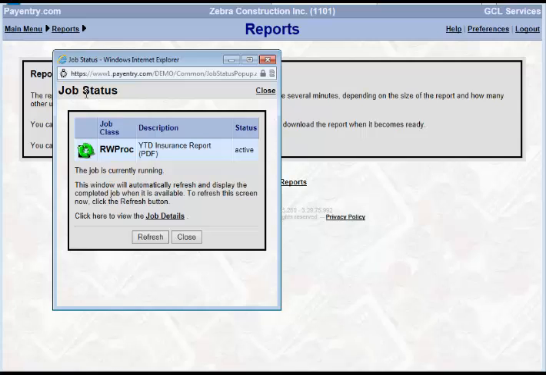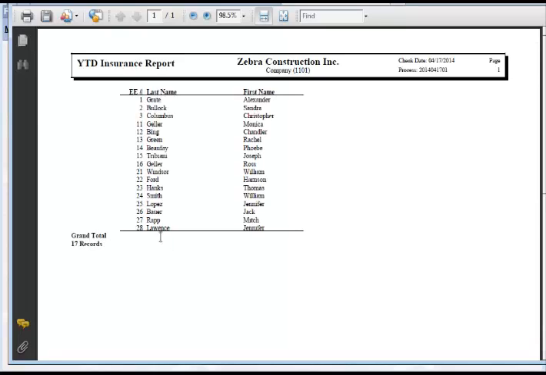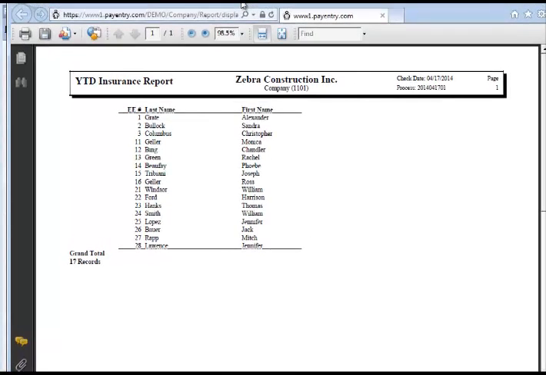Once you run it, it will give you this job status. Just click Refresh. It will open up your report. In the actual report, you will see here's your name, your title that you've given it, this company name,